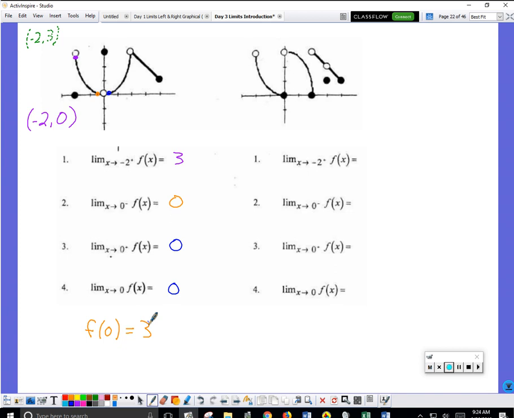So this limit is 3. I wouldn't ever go to here. For the overall limit, you never want to go to here. You always want to go to